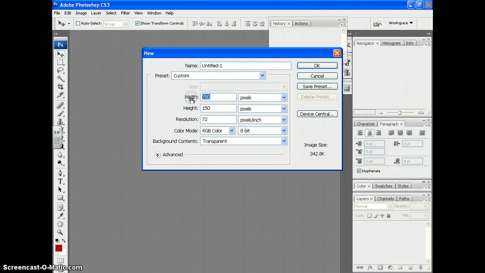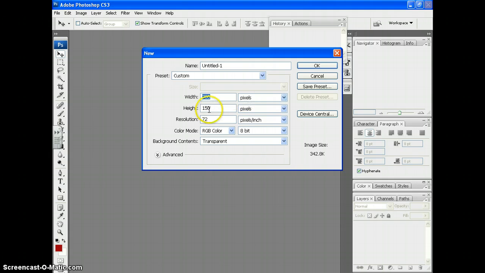And you need to decide on your width. If you want your banner to span the entire width of your design, you're going to want to set it to be whatever the width of your container is. So if you're doing a 780 pixel wide container, type 780 here. If you're going to do 1,000 pixel wide, you're going to want to make that 1,000. Again, make sure this says pixels and not inches. You'll realize real quickly if you put inches, because when you click OK, it's going to take a long time